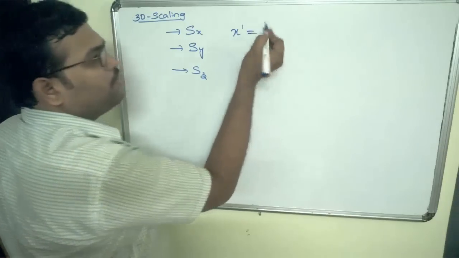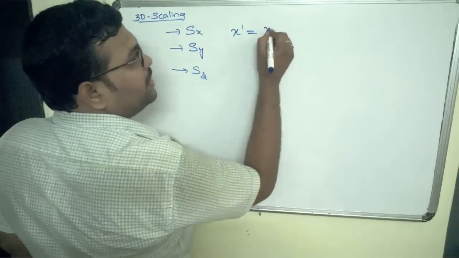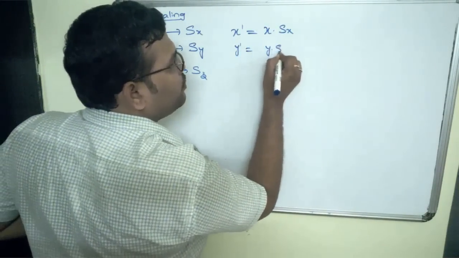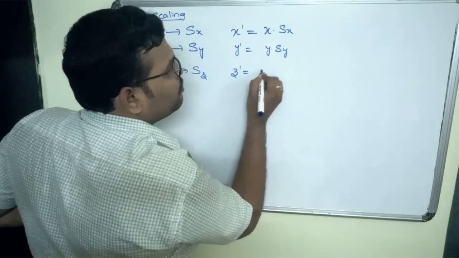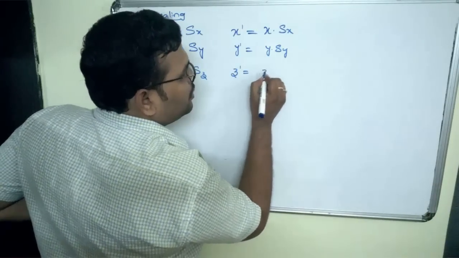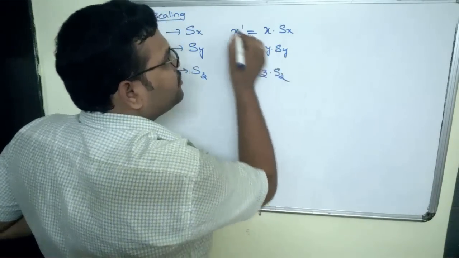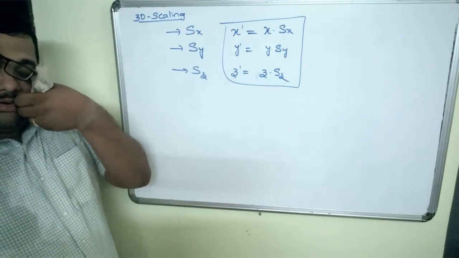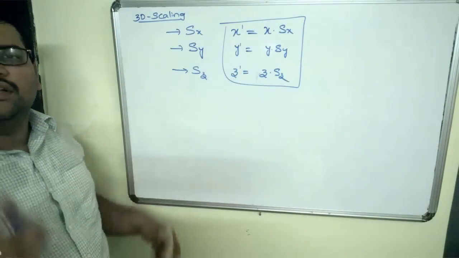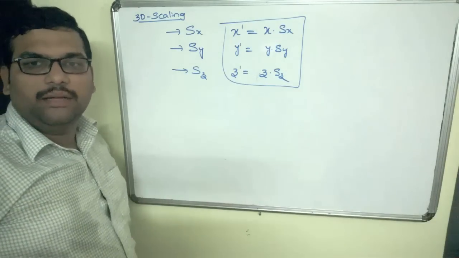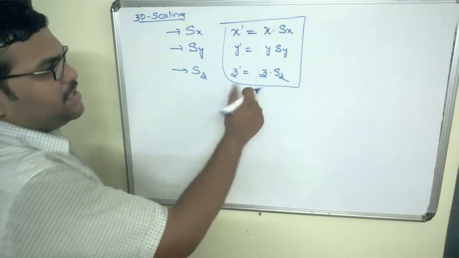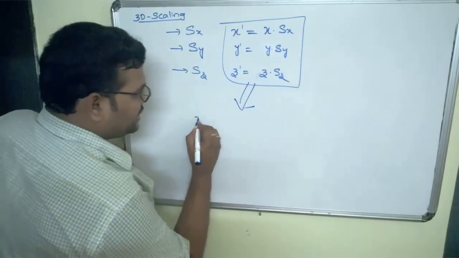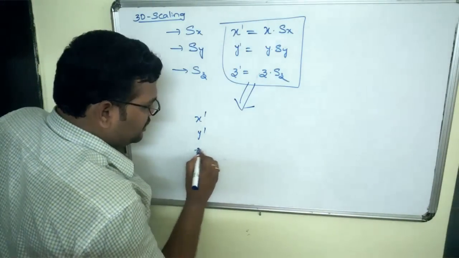So for getting the new coordinates, x dash is equal to x into sx, y dash is equal to y into sy, z dash is equal to z into sz. So this is the formula. The formula doesn't change from two dimensions to three dimensions. Here we are just adding the third dimension, that's it. Now let us represent this in matrix representation. So x dash, y dash, z dash